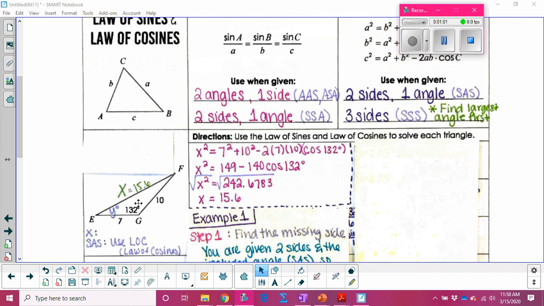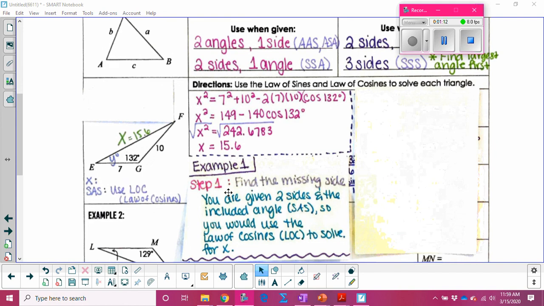So here's what I did for this. I labeled this side here as x. So I used the law of cosines here, and I found that x was 15.6. Okay, next,